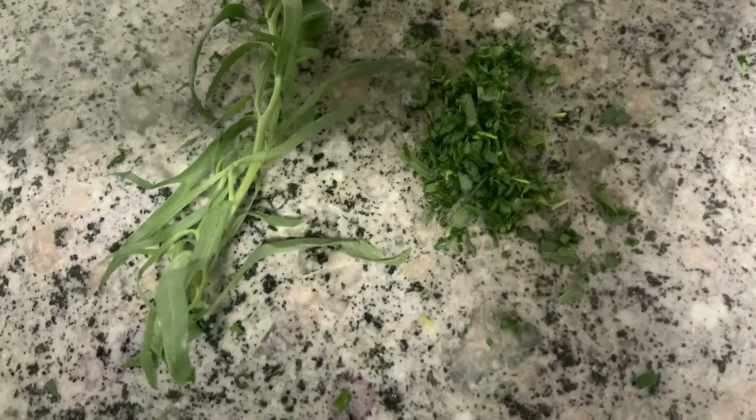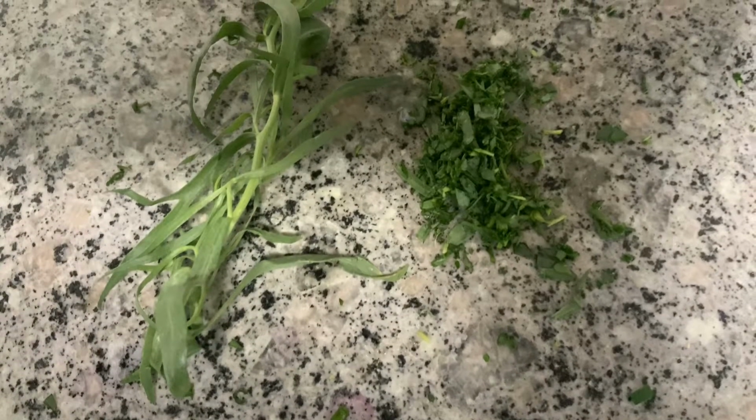So we're going to be doing 3 dishes today, so I'm going to give all of the ingredients in this part of the video, and then as the video progresses we're going to go into individual dishes and what we're going to need ingredients wise for them dishes. So the first one is chopped chives. The next one will be chopped tarragon,